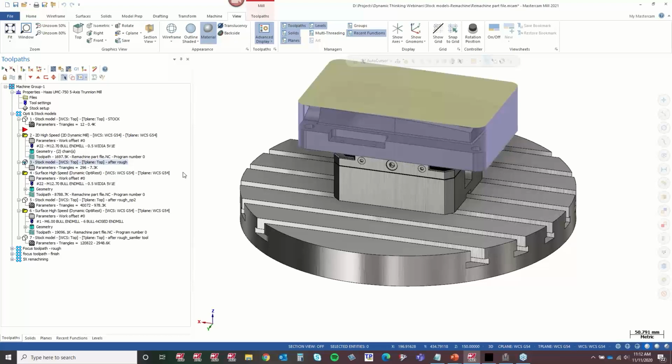You start getting into hard to machine materials, nickel alloys and stuff, where it's very critical that you don't overload the tool and you're using a small diameter tool. Well, you need to be much more precise with your stock models, because if you run into unexpected material there, you're going to have a broken tool.